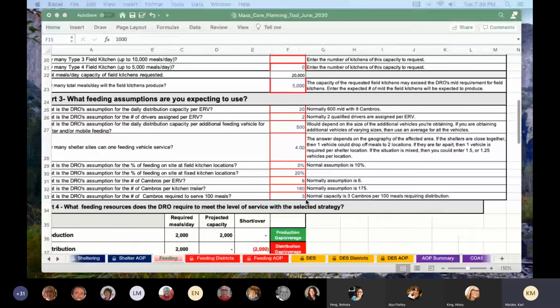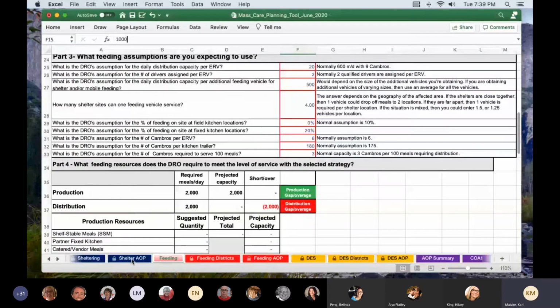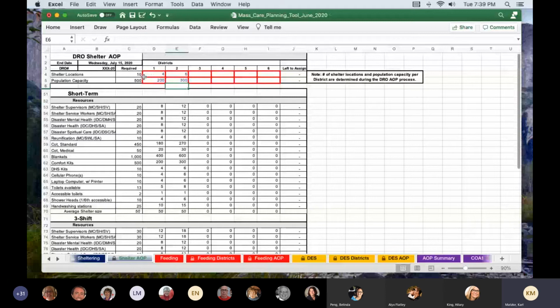I guess one of the things I didn't do is go back here a second. They've made the district allocation very simple. So for example, here, you're given the first column here is the required number of shelters and the required number of people. Then you assign how many per district. If you say 2 and 100 here,